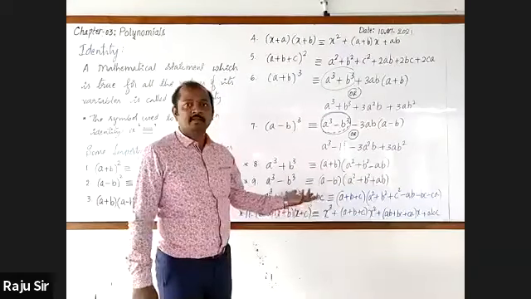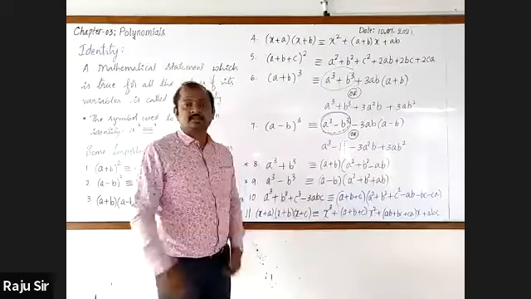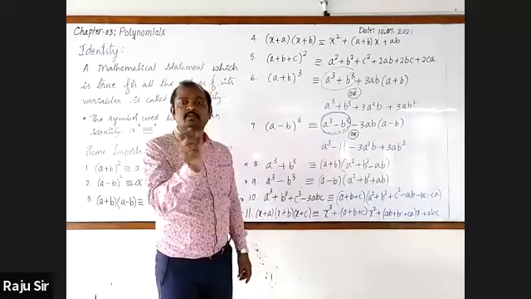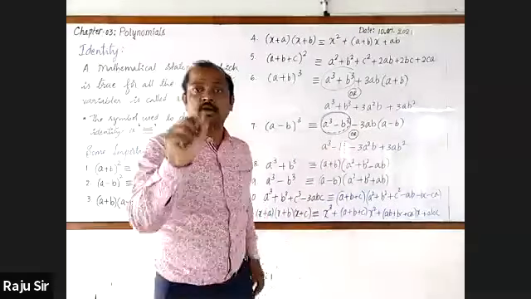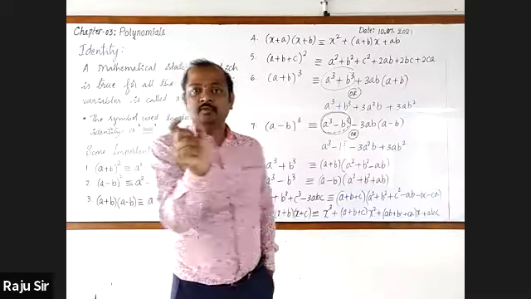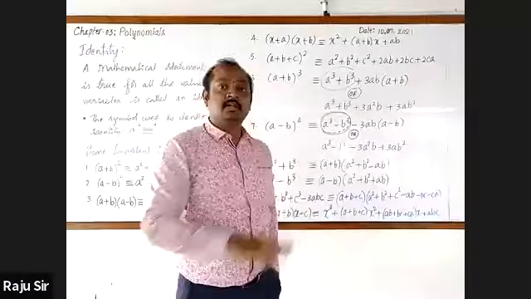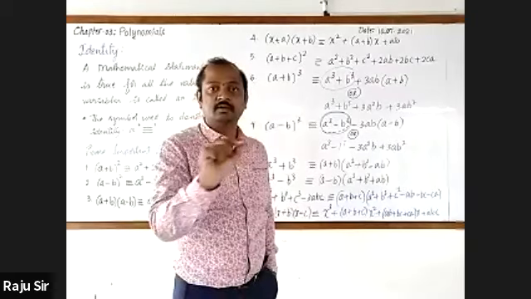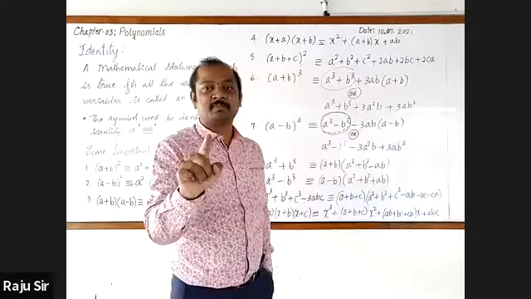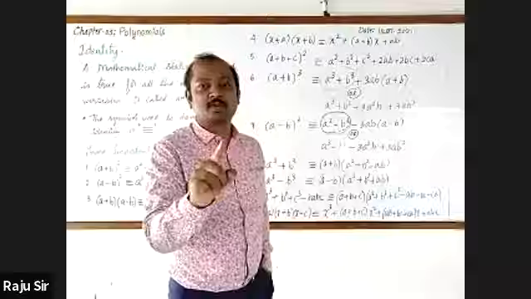Got it? While reading any sentence in English, wherever you see a comma, we give a little pause. And at the end of the sentence, you use the dot, which is called a full stop, not a point. It is a full stop. That means the sentence has been completed.